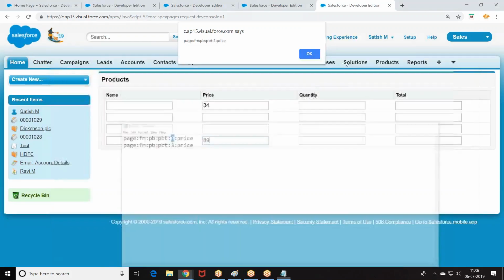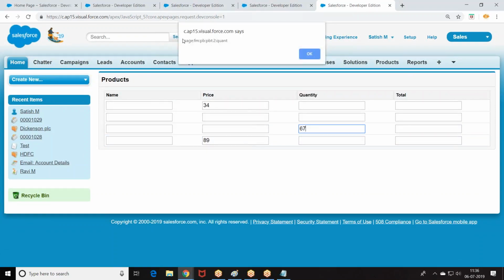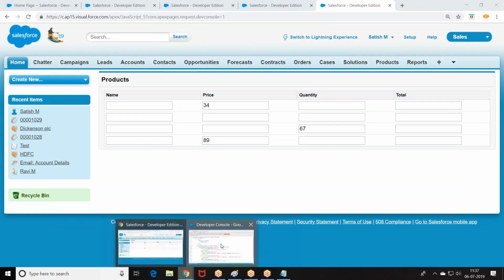Okay. Now look at this. Even if it is a quantity also, the first story is same, right? Only row number followed by which one you want to refer. So I want to split it. How can you split this?